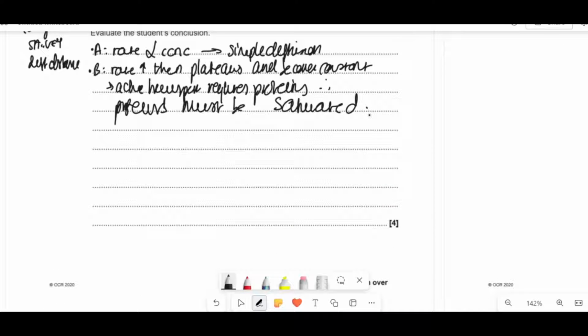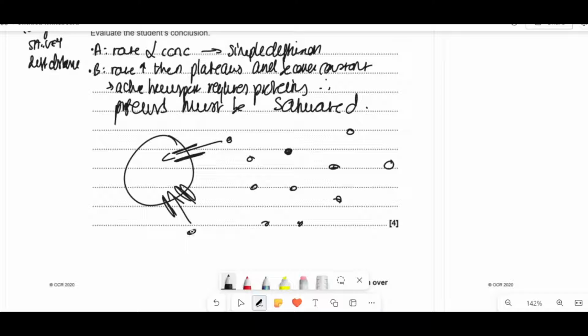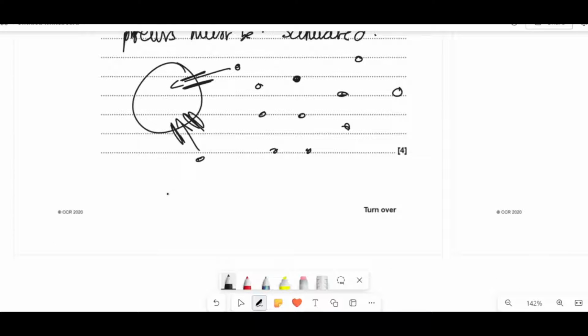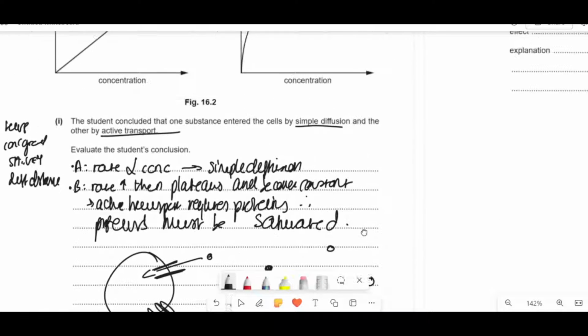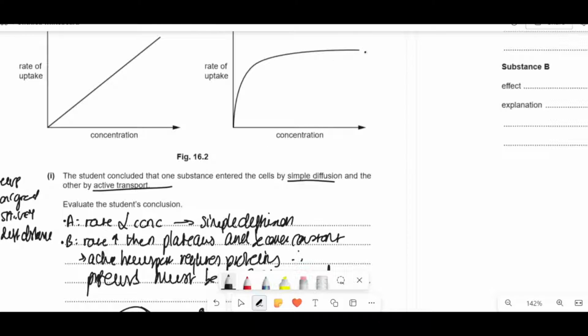Because if we think about it, for example, if I have a cell here and I've got these channel proteins or whatever you want it to be, I've got two things that can come in. It doesn't matter if I have 1, 2, 3, 4, 5, 6, 7, 8, 9, 10. At any given point, only 2 can come in, so these are saturated, they're filled. Whereas if I just have something moving in by simple diffusion, it does not matter how many here and here. What's determining is the concentration gradient and all these other things I said before, so it can just freely move in as much as it wants. So clearly B must be that, because the concentration's so high, there's no more binding spots for these active transport